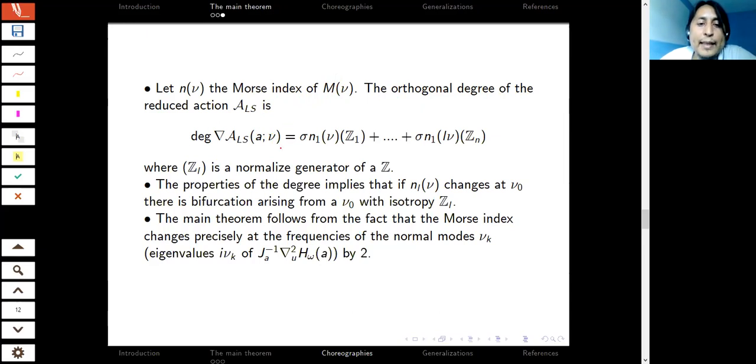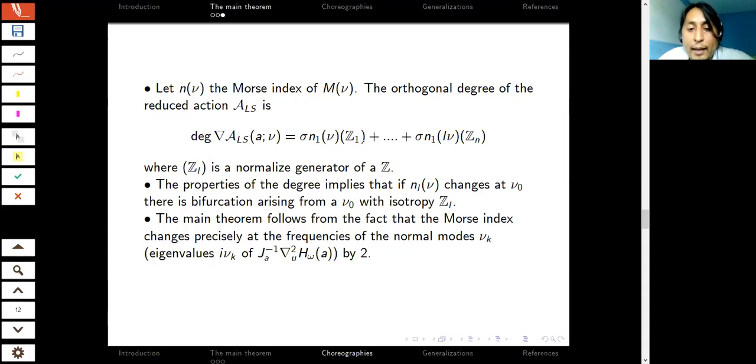And the point is that the degree, the Brouwer degree, is just a number. So what is the orthogonal degree? The orthogonal degree is just a number for each isotropy group, right? So the orthogonal degree is going to have many numbers which are in different copies of zeta. And these numbers represent the generators of that zeta, right? And when I compute this, I'm going to obtain that this is just sigma n_1 of nu